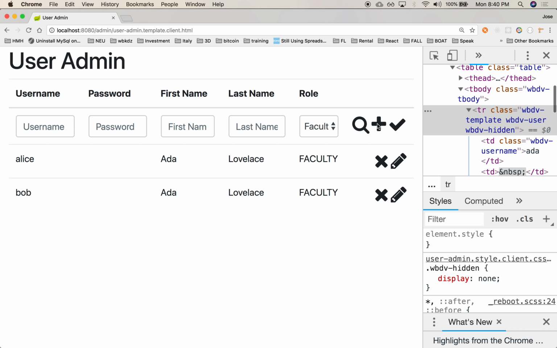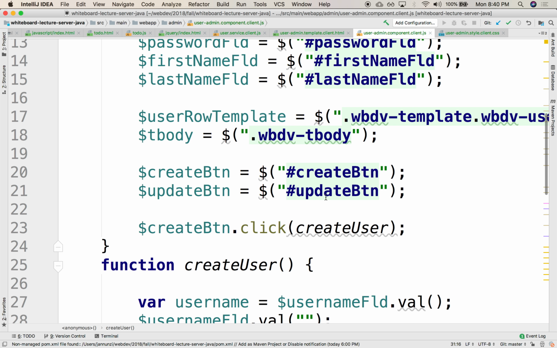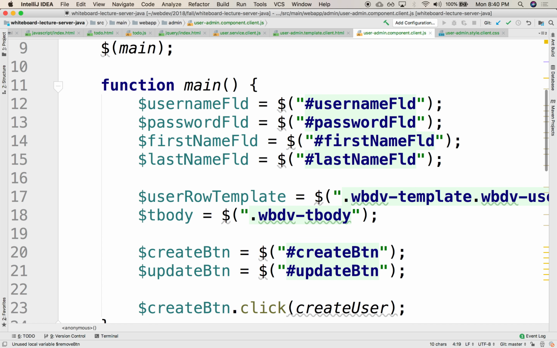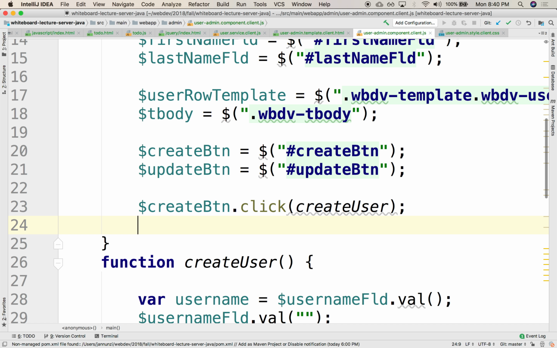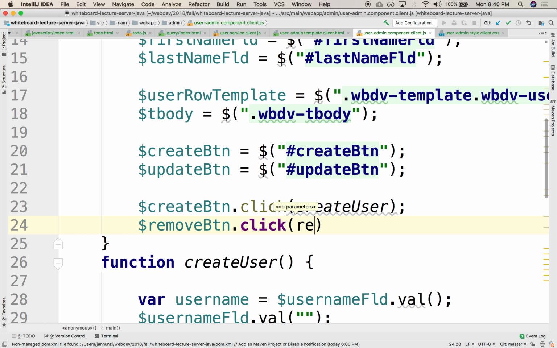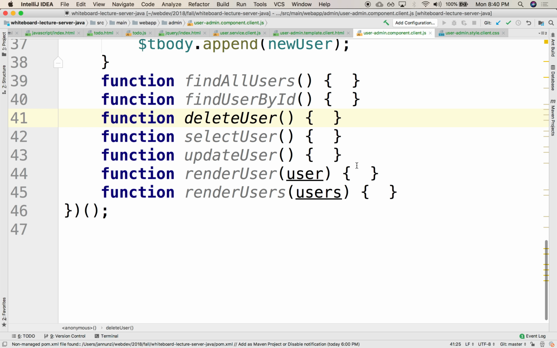Everybody okay? All right. So the next thing would be perhaps to be able to remove an element that I've just added. So let's take a look at that. So here there was a remove button somewhere. There it is. We're going to bind it, and we're going to call the click. On click, we're going to call remove or delete user. There it is. Right. So delete user here is going to have to be able to delete the element, but